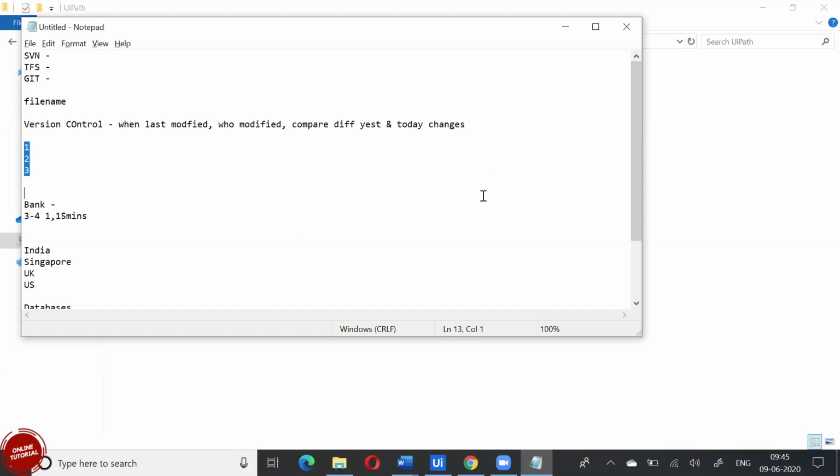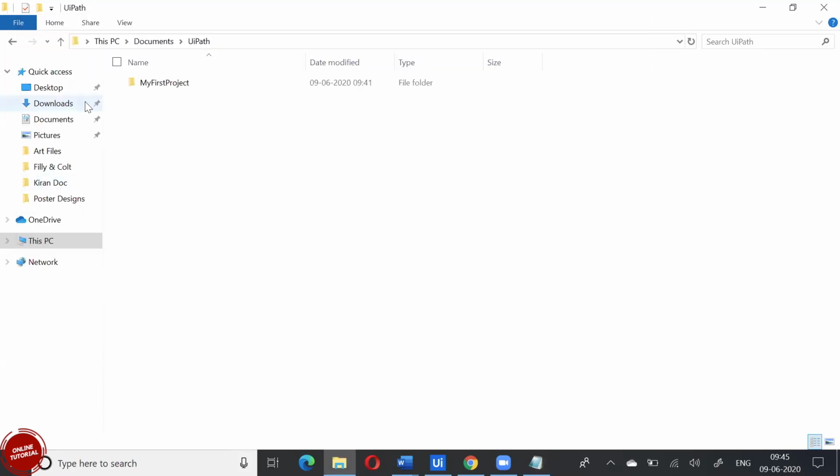Because usually what happens is people will fight. If something goes wrong, then people will say, no, I have not done this, it was not my idea. All that process will start. That is why companies have to have version control, and that is why all this information is required. When we are solely working on our project, we don't have to blame anybody. That is why we don't even have to worry about version control. Even if you want to save it, it can be done manually.